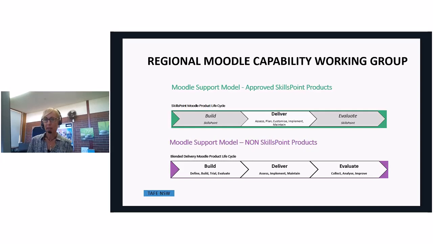As part of the Ed Quality community of practice, it became apparent that with the new skills points products and also the legacy Moodle products, we needed to have some type of working group that unpacked the requirements of our skills team. So from the community of practice, a smaller group was formed called the Regional Moodle Capability Working Group, and there are two representatives from each region that meet once a week or once a fortnight to discuss common issues with